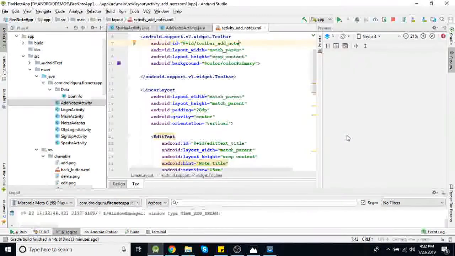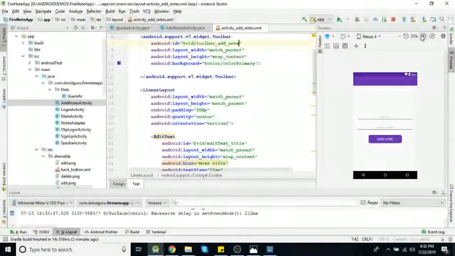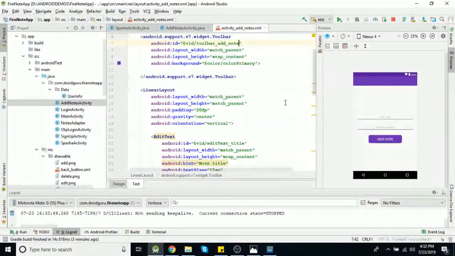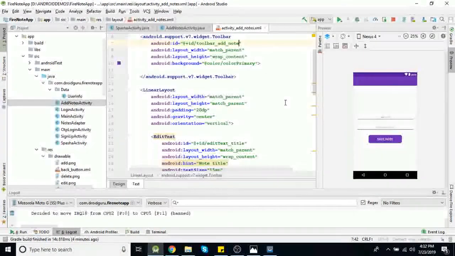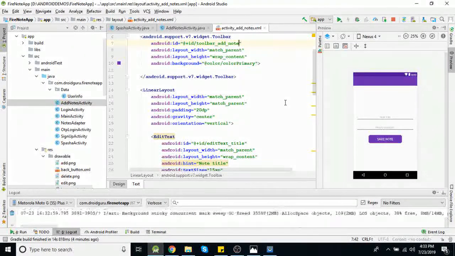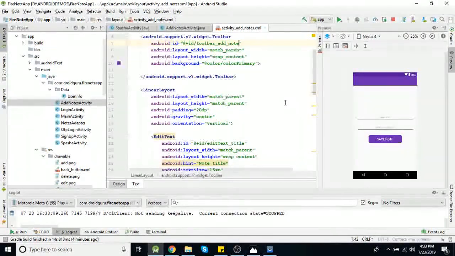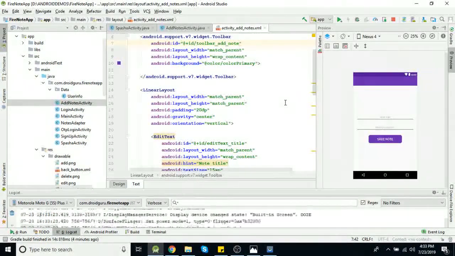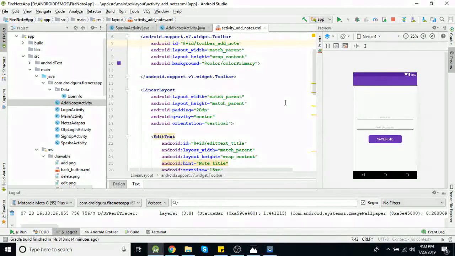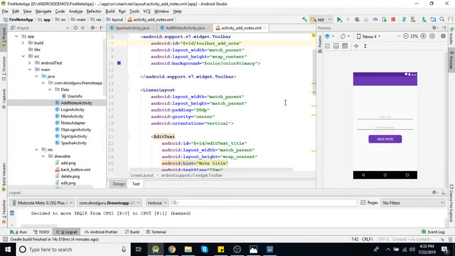we are getting two fields from a user, that is node title and description, plus we need to save date, that is current date for that node, and one more thing we need to save is a node id, because whenever we are going to save nodes in a Firebase, we'll save all user nodes under user id, and every node will also have one unique id which we get from a Firebase only, and we need to keep that id, because later when we need to update or edit our particular node, or if you want to delete a specific node, then you need to specify which id you need to modify or which id you need to delete. So that's why we need four fields here.